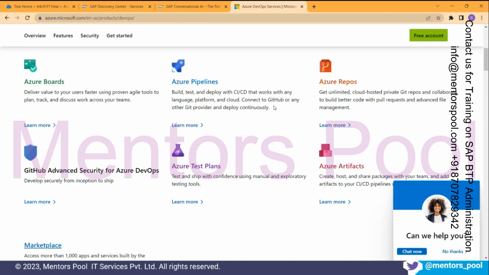In your CI/CD pipeline, you may choose to run your unit tests, or your integration tests or anything. Once the tests are passed, you can deploy your code automatically to any BTP sub account or any Azure account or AWS account or whatever. Now talking about your scenario where you had multiple sub accounts and you wanted to deploy the same application in all those sub accounts,